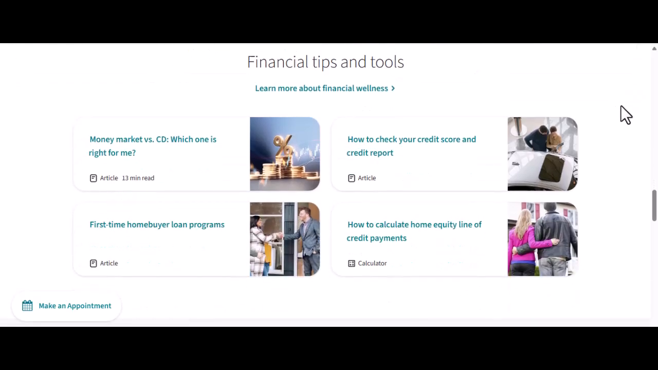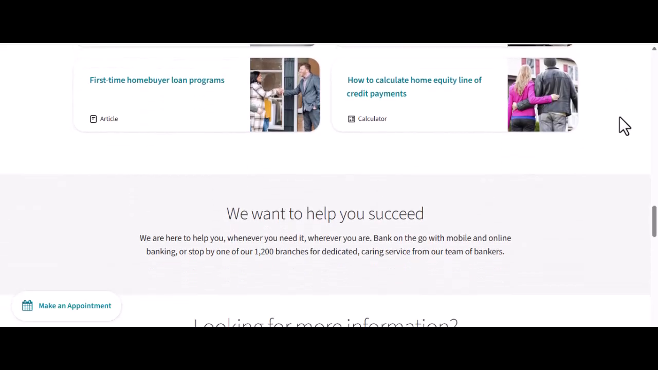Once you've selected your alert type, set any necessary dollar amounts, and chosen your preferred delivery method, just hit save or confirm. That's it. You're now set up to get real-time updates on your finances, helping you monitor your accounts and